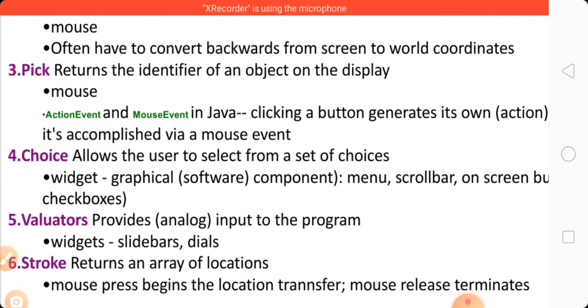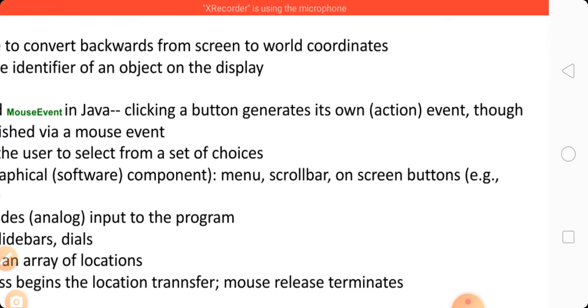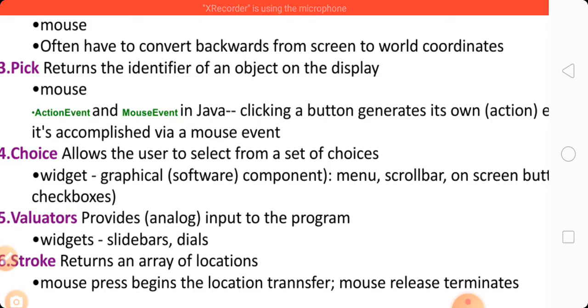Fourth is choice, which allows the user to select from a set of choices. Widgets are graphical components, that is menu, scroll bar, on-screen button. Example: checkboxes.